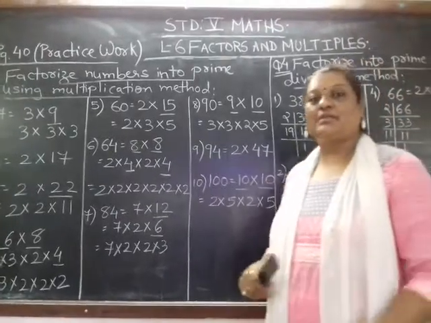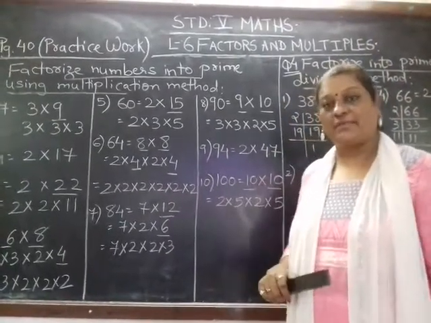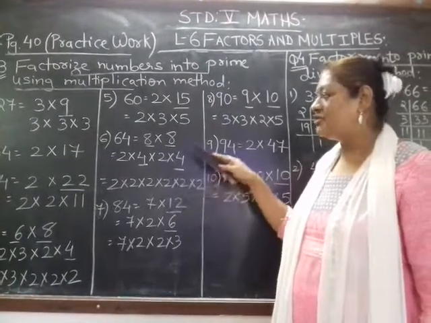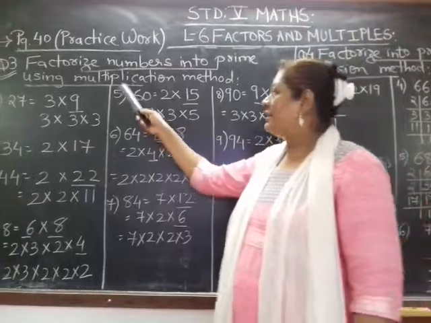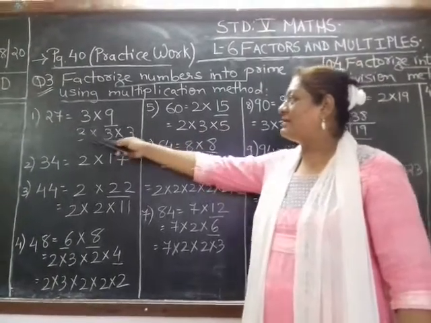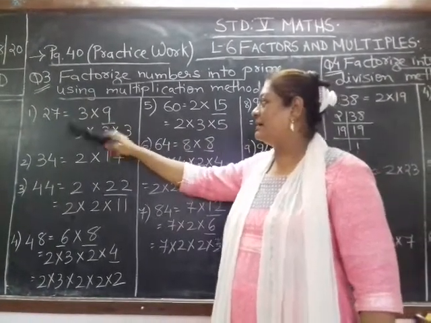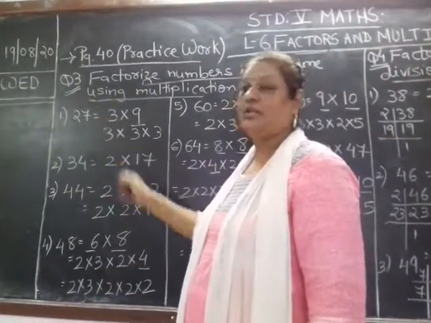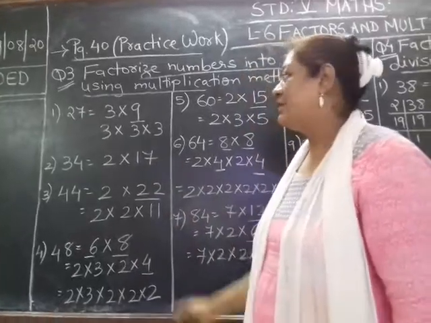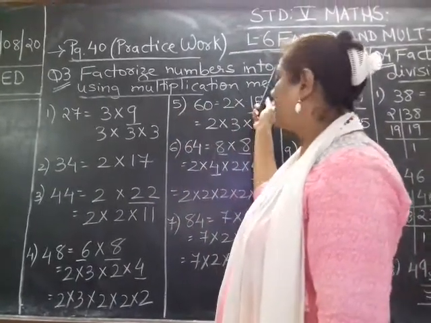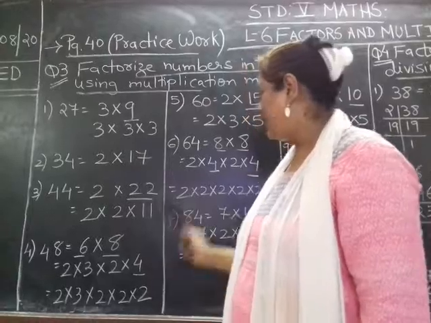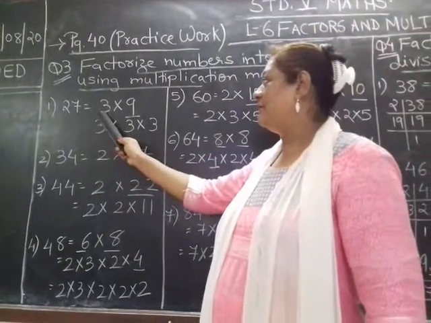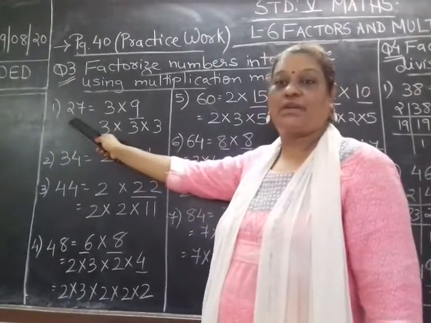Children, multiplication method is nothing but it is like a factor tree method only. The difference is in factor tree we use the circles and we show the branches, right? But in multiplication method we also multiply these two numbers to get our answers. Out of that two number you have to write the table. Then 27 comes in the 3 9s are 27. Now if we have to factorize numbers into prime, so our answer should be purely in prime factors. Now here I had used a table of 3 into 9 to get my answer 27.